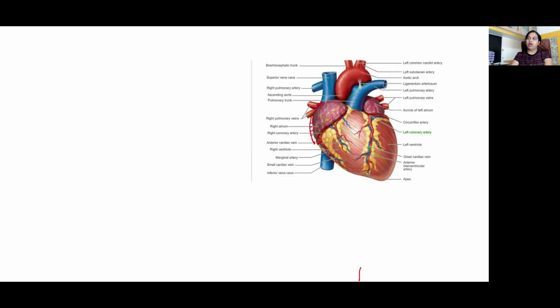Okay. From the opening of IVC to the apex of the heart, that's the inferior border of the heart. It is sharp and is called the acute border also. Okay, the inferior border is called the acute border. And this one, the left border of the heart, from the apex of the heart to the left auricle, is sort of obtuse, convex. That's called the obtuse border of heart.